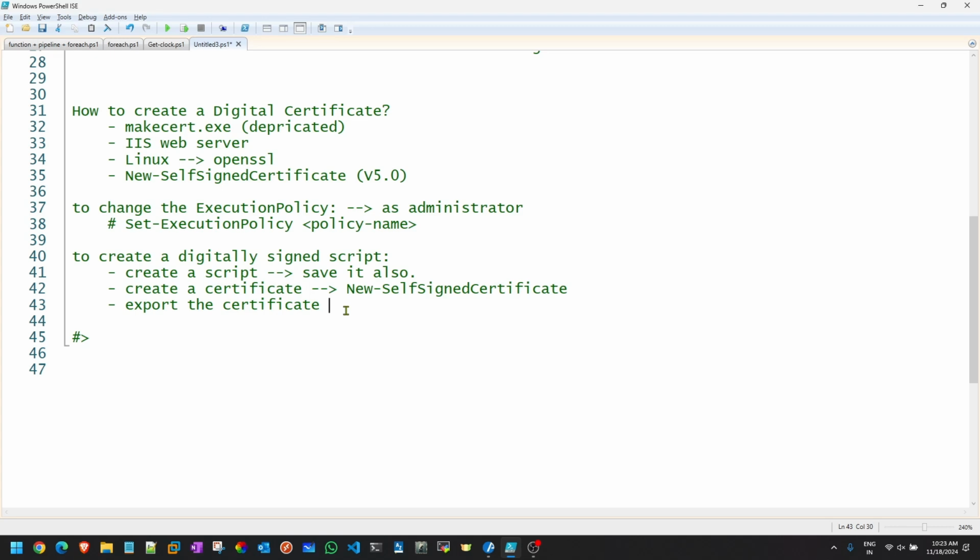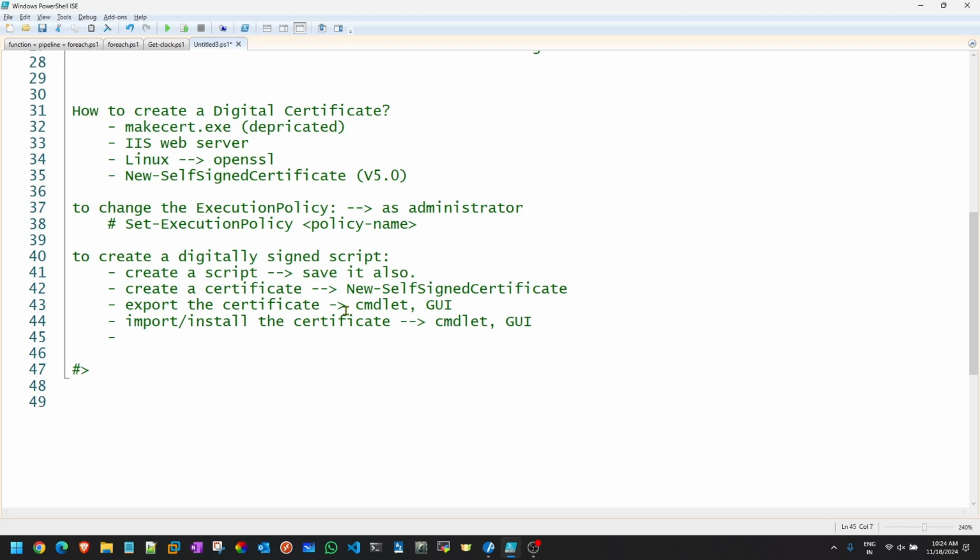There are two ways to export it: either you can use a commandlet or you can use a GUI. Once you export that particular certificate, you need to import or install it on your same computer. Again, for that also we have a commandlet and we have a GUI.